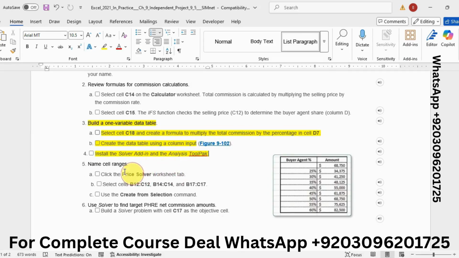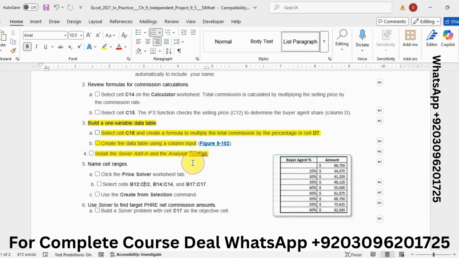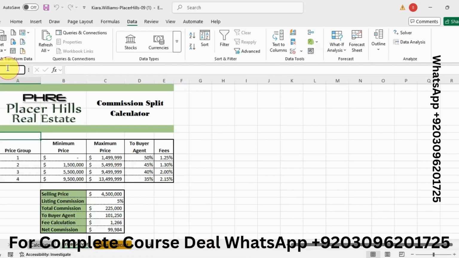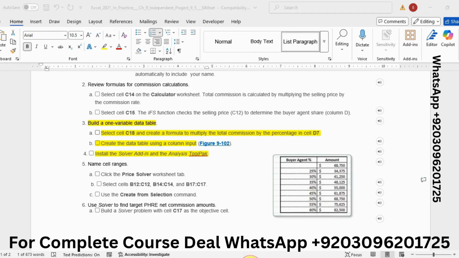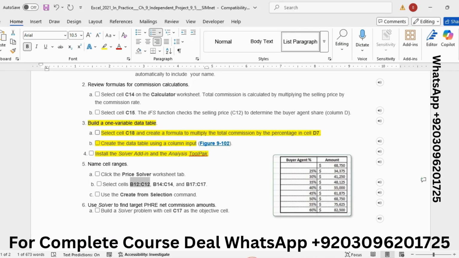So step number 5 is name cell range. Click the Price Solver worksheet tab. This is the Price Solver worksheet, and now select cells B12 to C12, and then B14 to C14, and then the third is B17 to C17.